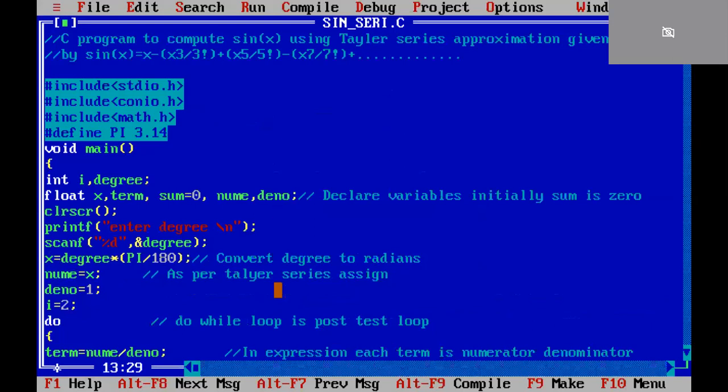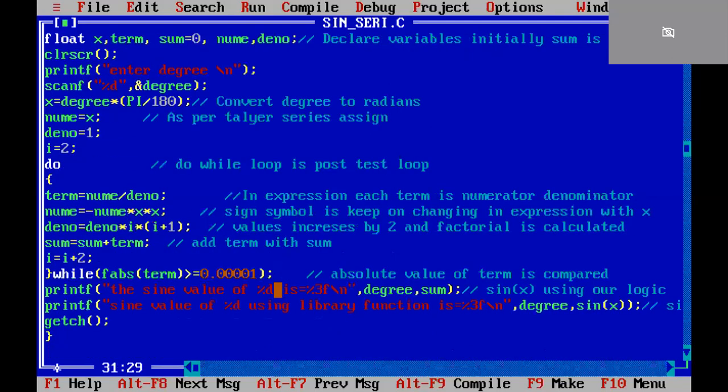Keep practicing this program, which is your lab program number 5. According to your syllabus, this is program number 5. Execute this. And also you need to be aware of the logic. Here the expression is very important. The logic of the program, the do while statement, is also very important, and also the conversion of degree into radians is also very important. Thank you.